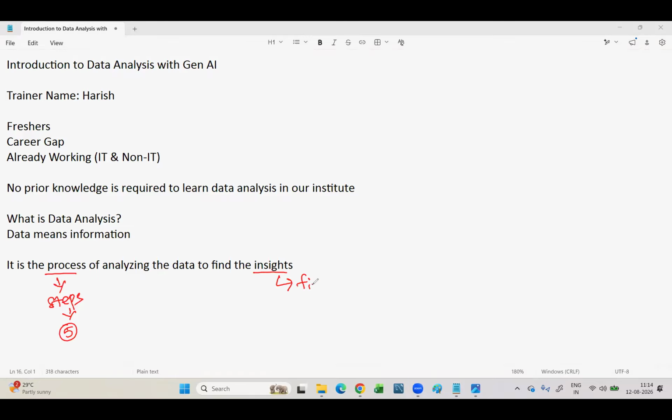Insights means we generally call it findings, or in simple terms, the output of data analysis. When you do some analysis on the data, you will find some outputs, that is called an insight. A better word to remember is insight, because in companies, in most scenarios, you will come across this word. Simply, when you perform analysis, what you will find is nothing but insight. Okay, simple, right? So this is the definition you need to understand, and you can say this definition anywhere when you are asked what data analysis means.